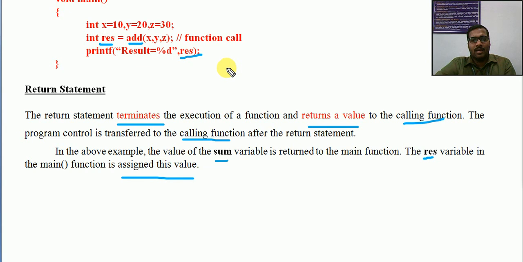Okay, so that's it for this session. We have discussed modular programming, then functions, advantages, the different types of functions, the various parts of a function like function declaration, function definition, function call, the syntaxes of all these three, and an example that consists of all three operations.